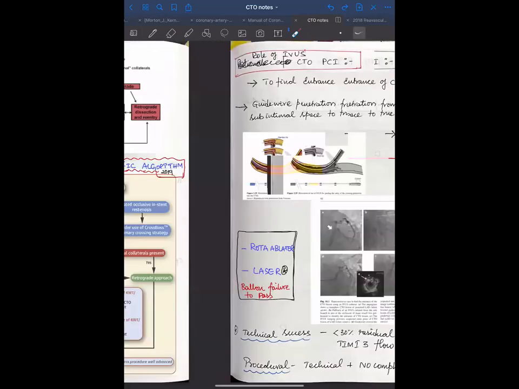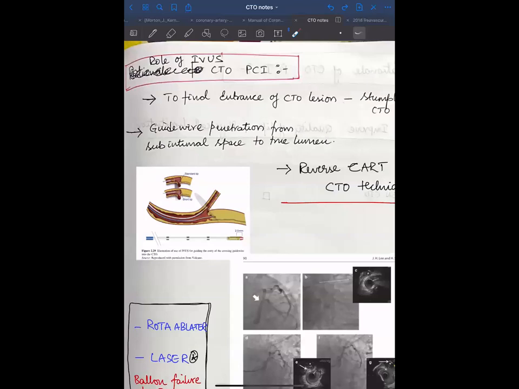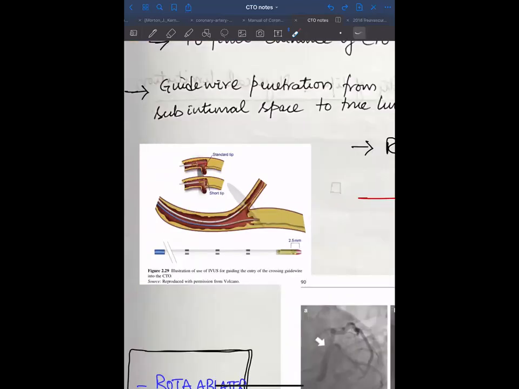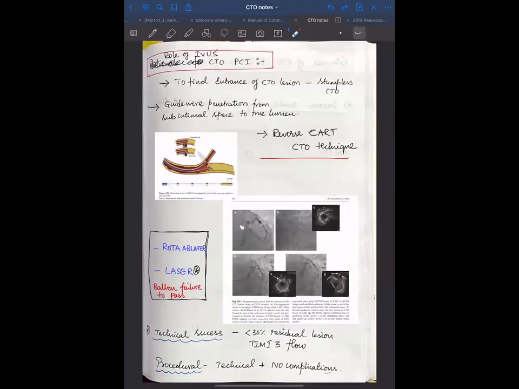That's all. So this is a picture of IVUS, as I told you. The important thing to note is that the standard IVUS usually has the sensor quite behind the tip. So in CTO techniques, you need to use the short tip IVUS catheter, which comes with the Volcano machine, and also we can ask for it. So short tip is what is preferred, and the short tip is placed in the side branch, and when it is in the side branch, you will be able to see where we are entering with this wire. So this is just an example of that.